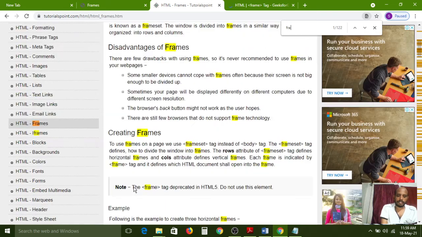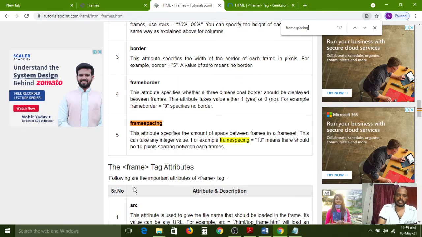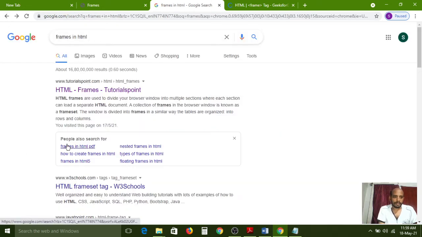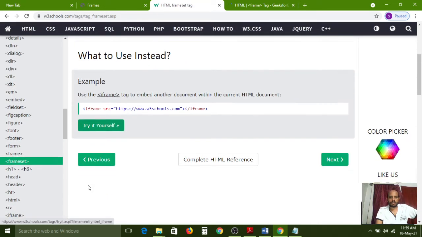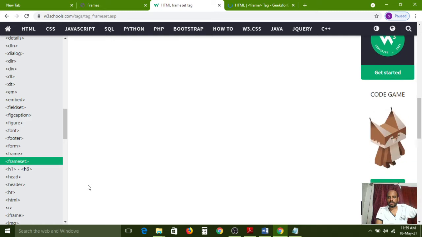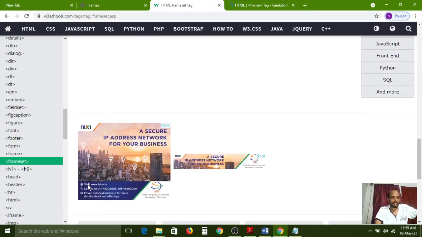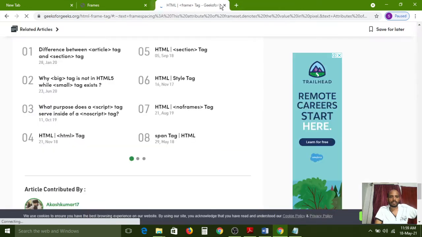Control F, frame spacing. Yeah, W3Schools, frame set. It is also not working.